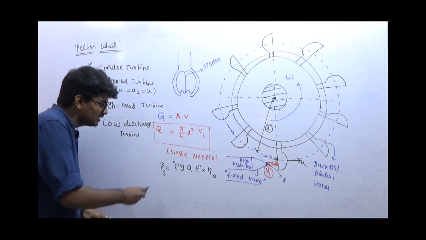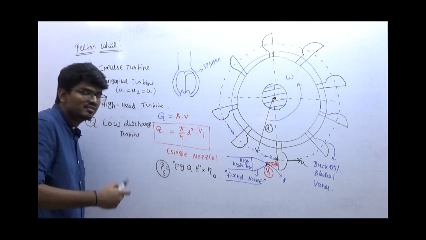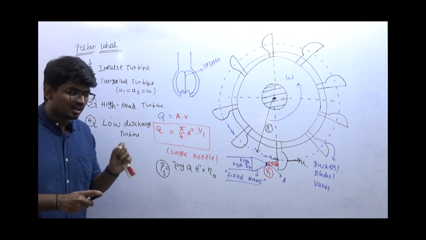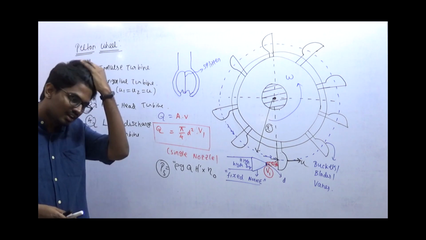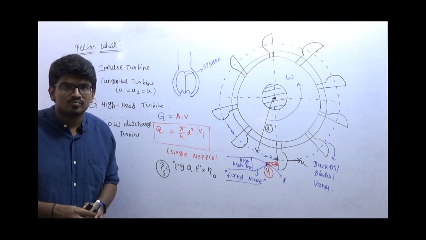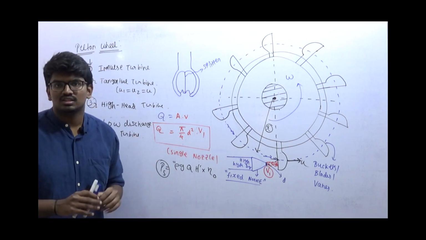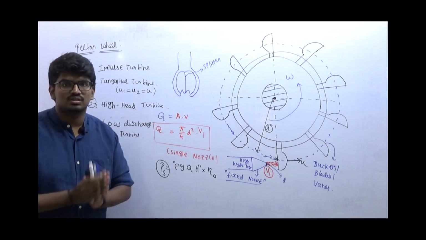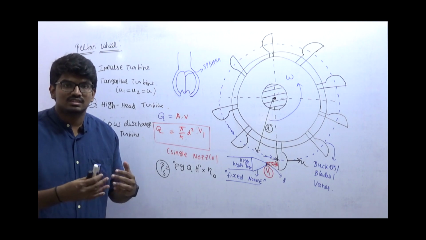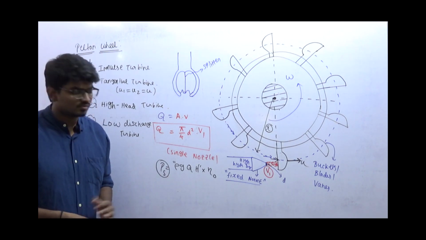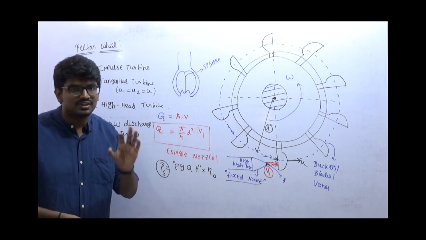And this shaft power, that is the power which I want. The power which I want is constant. For example, at this moment, I want 10 kilowatt of power. That 10 kilowatt of power is constant, or 100 kilowatt, 1000 kilowatt, whatever it is. The power which is needed for me is constant. So this is constant. Overall efficiency is fixed.